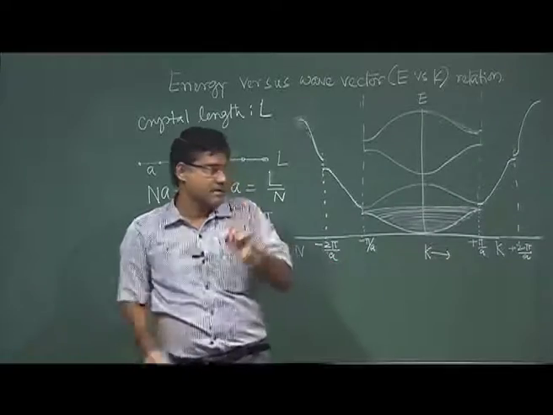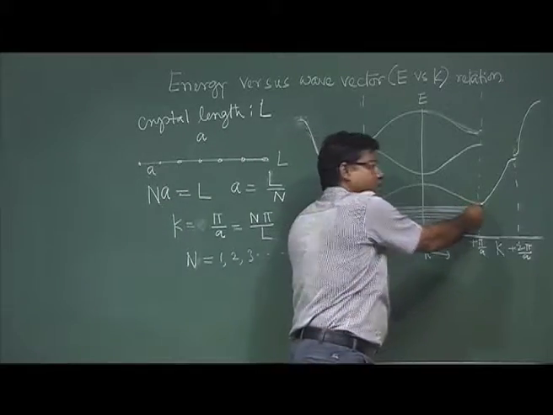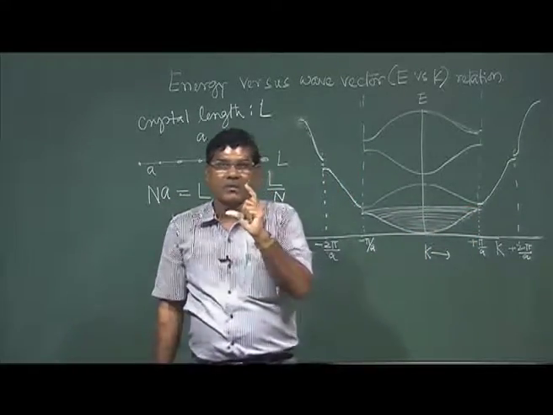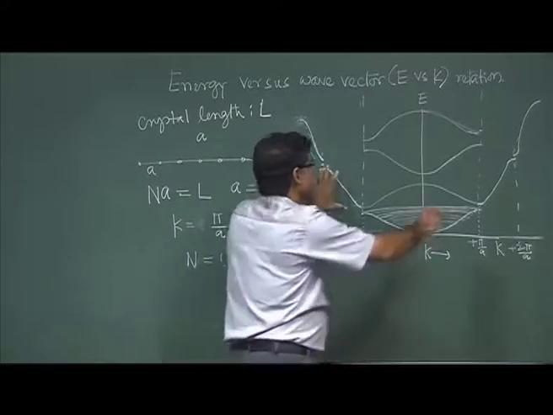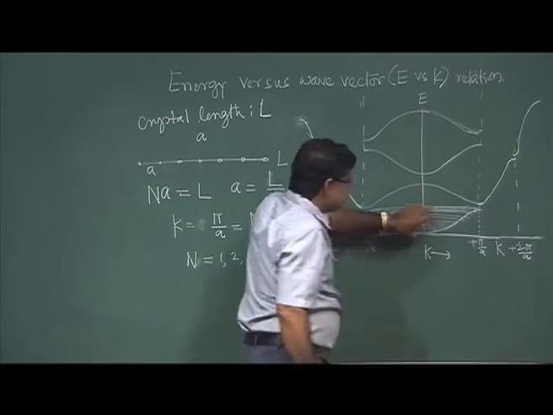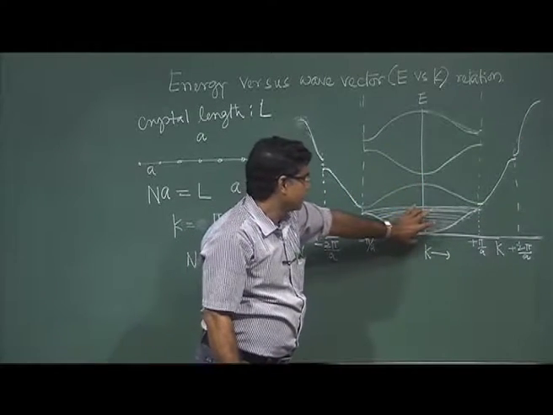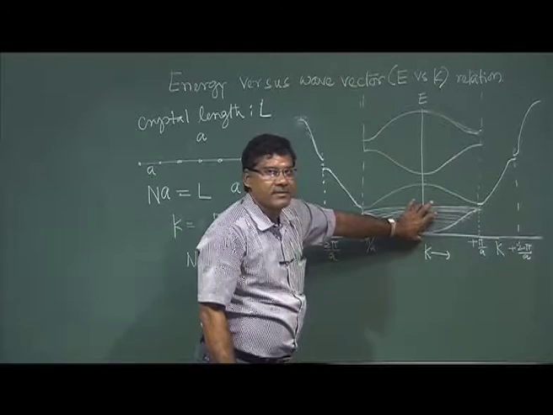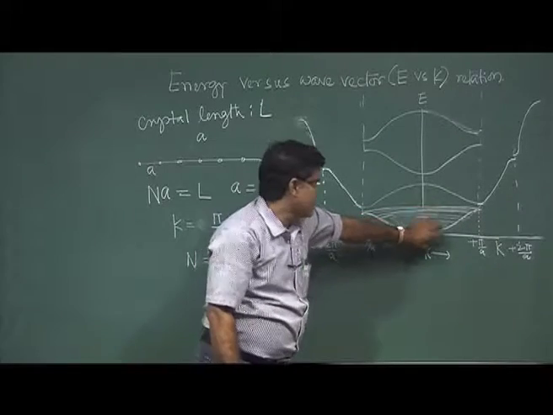And you know this zone represents just one band, right. The second zone represents the second band, third band, right. Now in each band the k values are discrete,